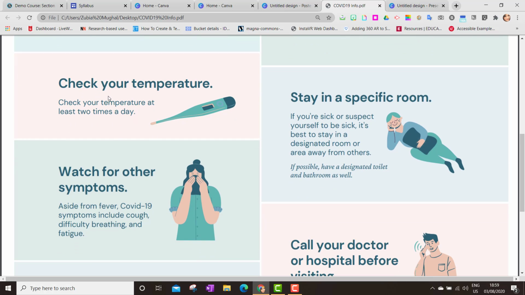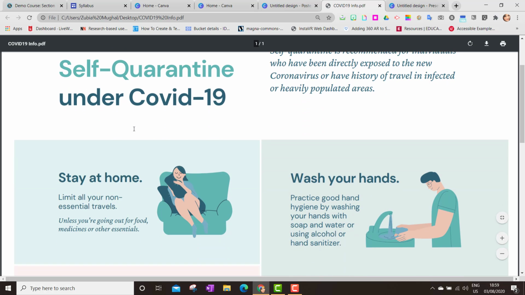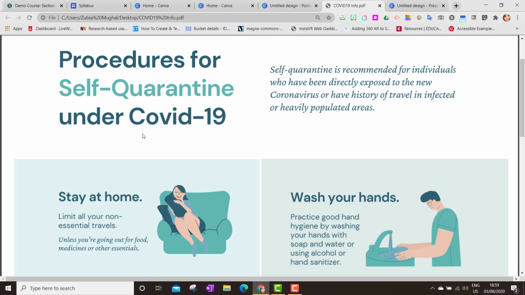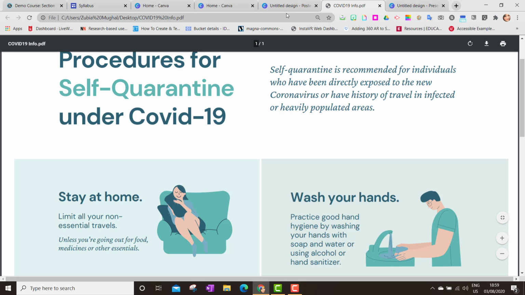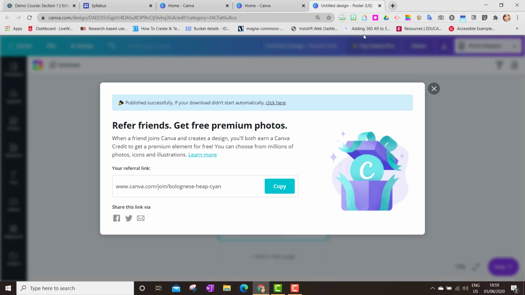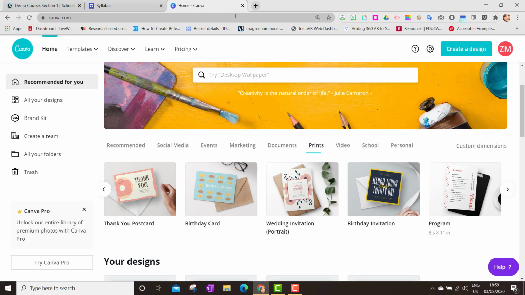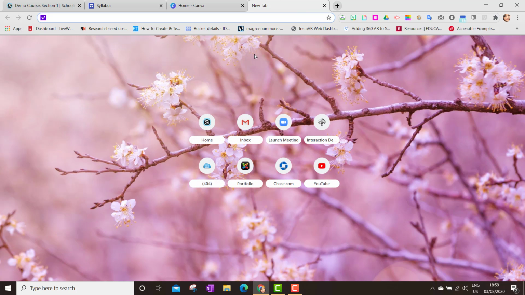You can easily change things here. Perhaps you're not looking for this title. You can always customize this title and add something. You can also tell your students to customize a graphic or a PDF file and then save it in Schoology for file submission. So this is one way you can use Canva to replace the Adobe Suite applications that you ask for. The other way of adding content to Schoology is you can go to your